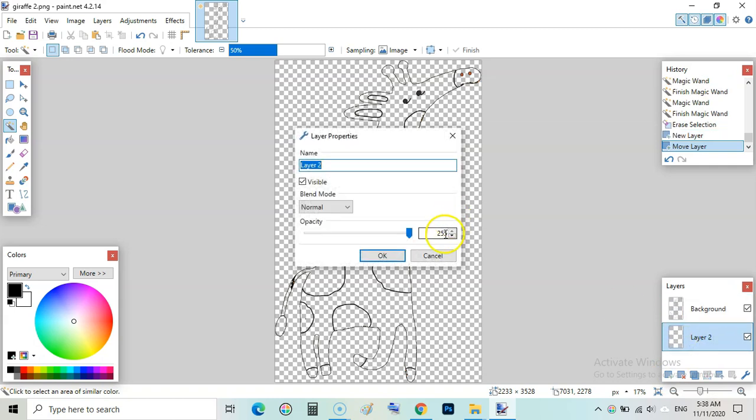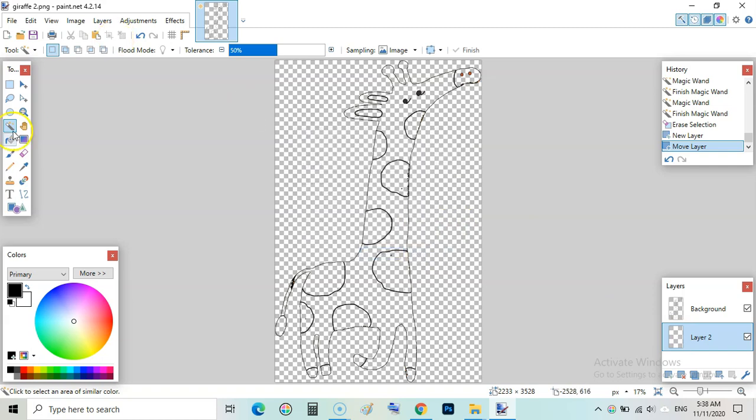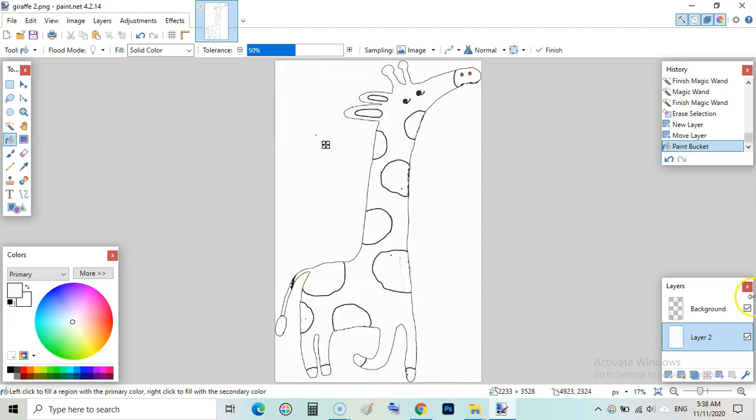Just add a new layer below this layer, move this layer below, and click on this second layer and then go to paint bucket and select a white color, and fill while holding shift from your keyboard. Just fill this image, the below layer, and you will have a better outlook of this outlined image.